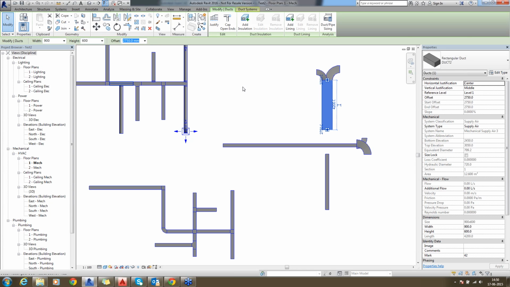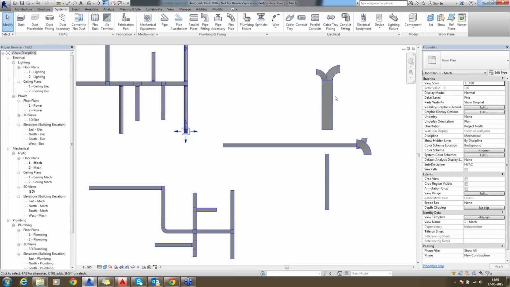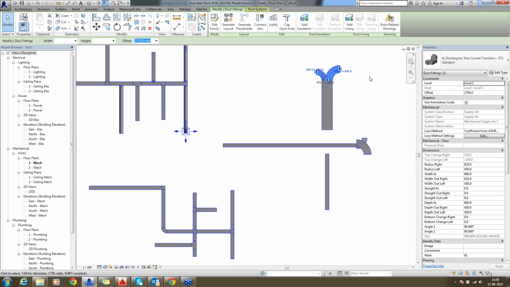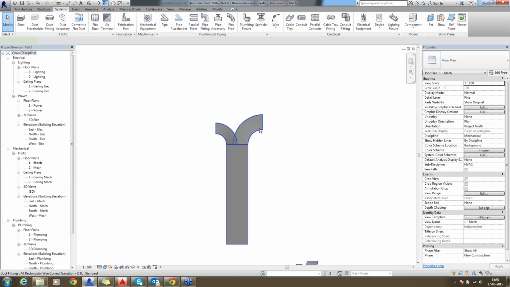Generally we use these Y fittings for bigger size ducts only. Okay, and if you want to draw the duct from this,